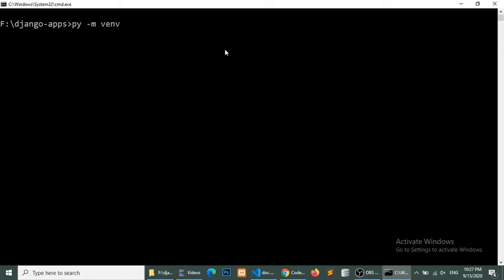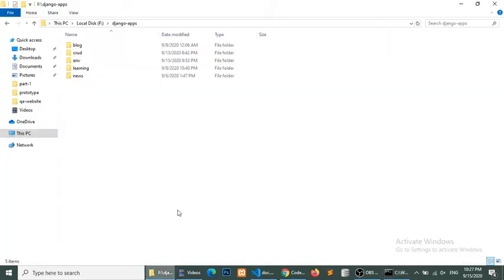You can say env, you can say bin, whatever you name your virtual environment. I named it env, so this will create an env folder. Here you can see that we have created an env folder.